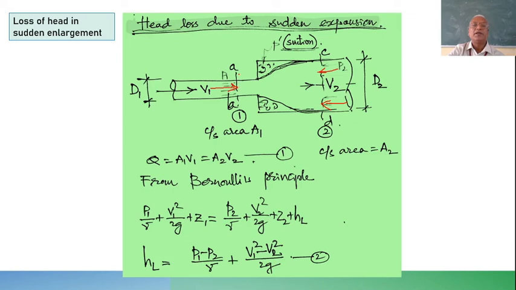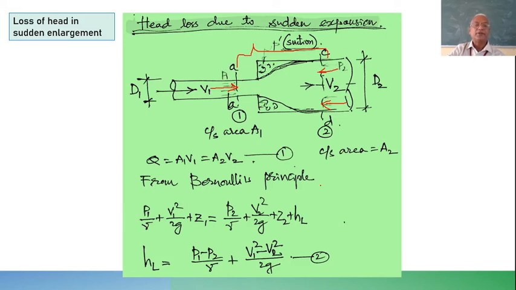So this is the control volume which is used for the analysis. The pressure at this particular point, which is called the eddy space, is a suction pressure with P dashed as the magnitude. Now from the continuity equation, Q is equal to A1 V1 equal to A2 V2. So this diameter is known, V1; this diameter is known, V2. A1 V1 equal to A2 V2. Cross sectional area is A2 here, cross sectional area is A1 there.